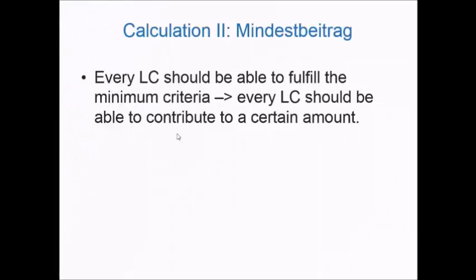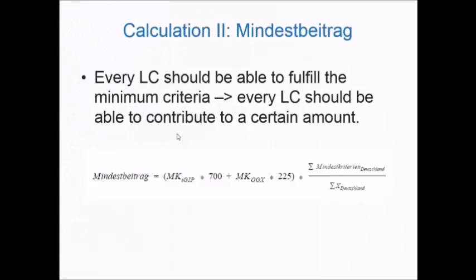And so we say, if you don't fulfill your minimum criteria, then you should also have some financial restrictions. The calculation of the Mindestbeitrag is that you take the minimum criteria of IGIP times 700, because